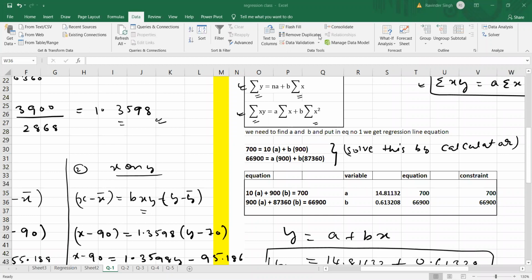Guys, please work out the problems yourself, because unless you work out with pen and paper, you will not get that clarity. Either work out in Excel or work out manually with pen and paper. These notes I have already posted in Google Drive. Please go back, because all the questions have similar calculations. On Monday's class, we will discuss those questions all one by one, and then we can go to the next part of the chapter.